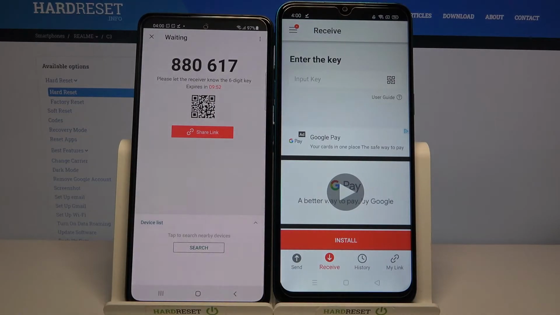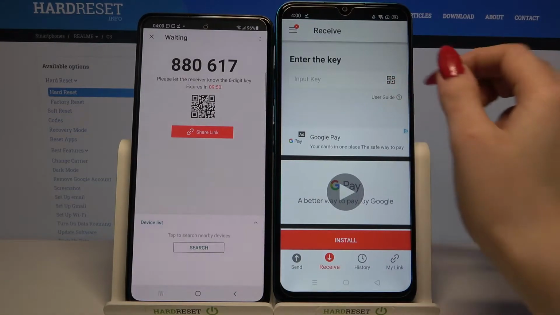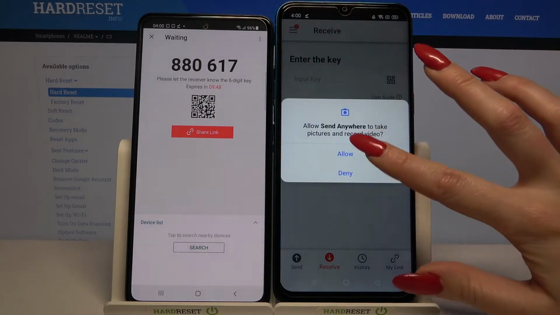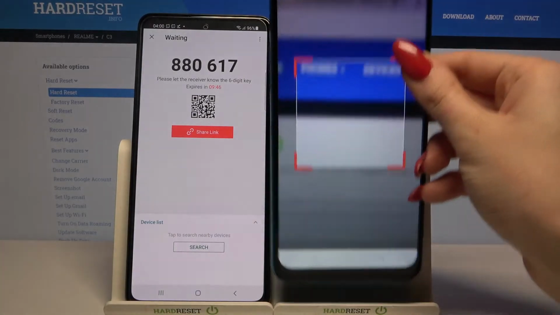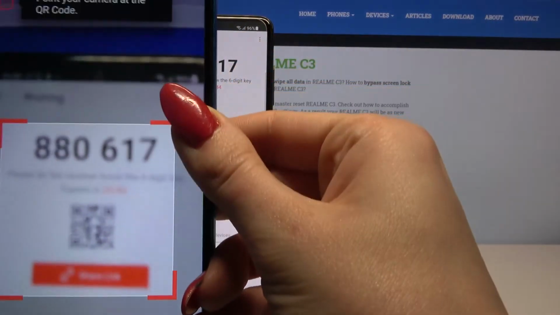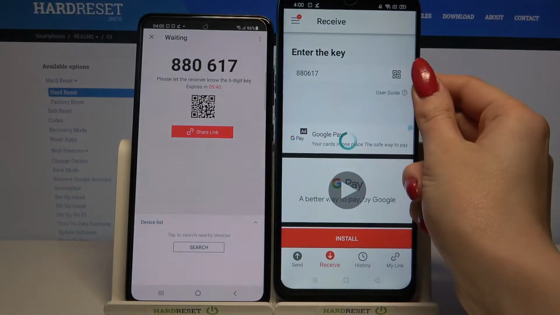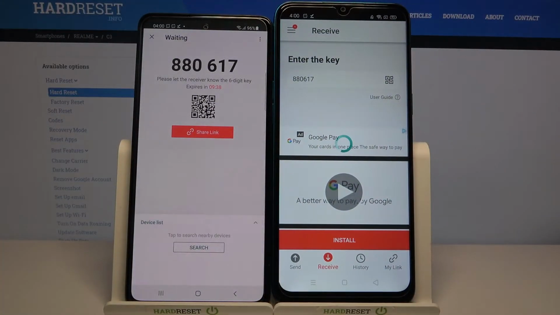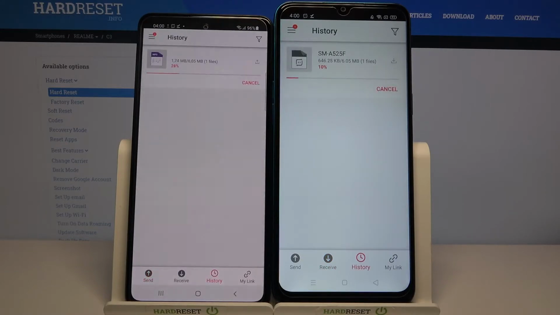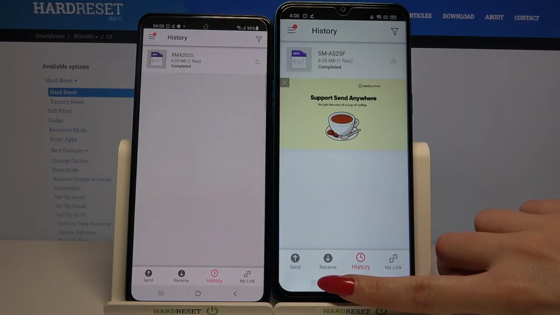If you wish to scan the code, tap on the scanning icon on Realme over here, select allow and point your camera at the code. As you can see, my file was successfully transferred, but if you want to check it out for sure, you